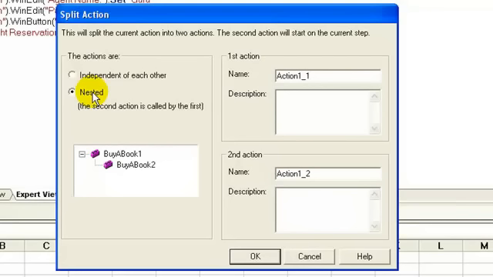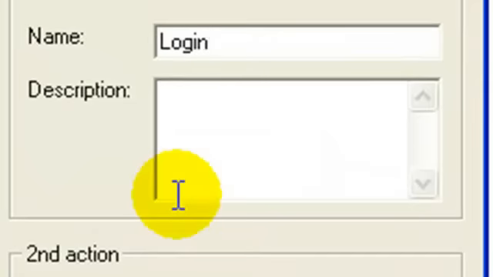Let's select nested action option. Name the first action as login. You may give a suitable description if required.